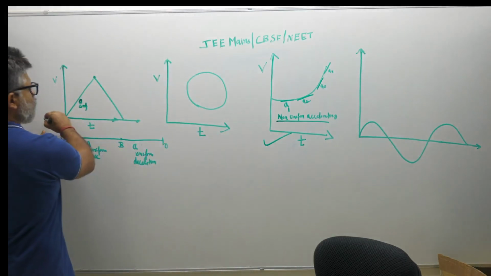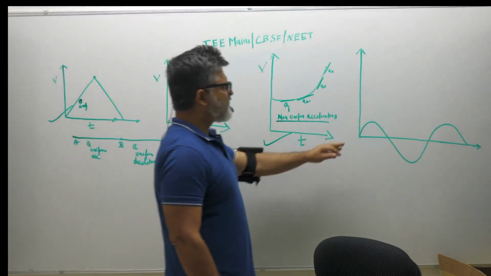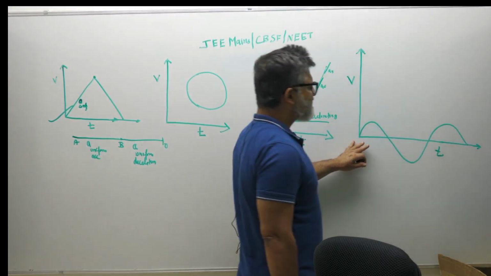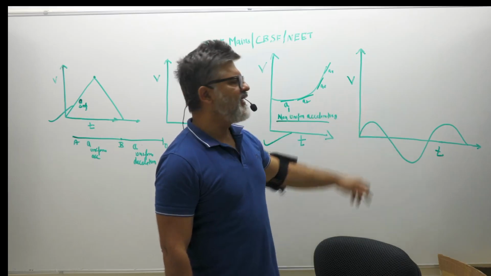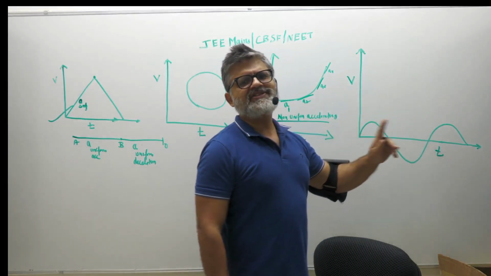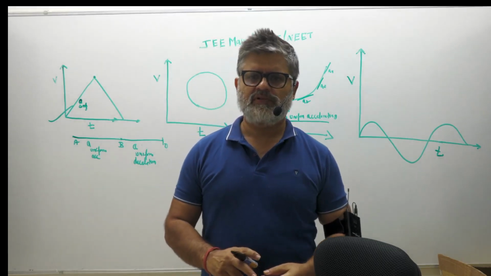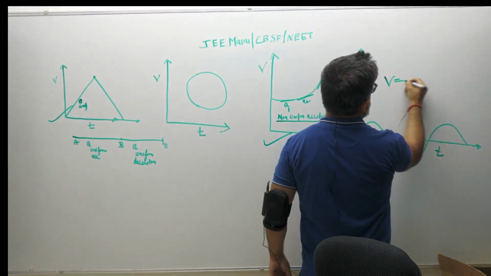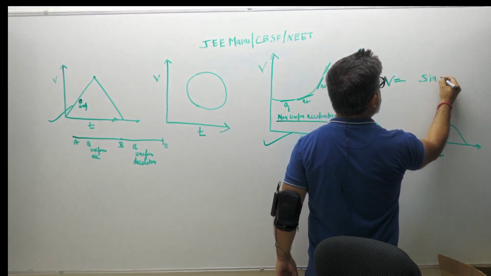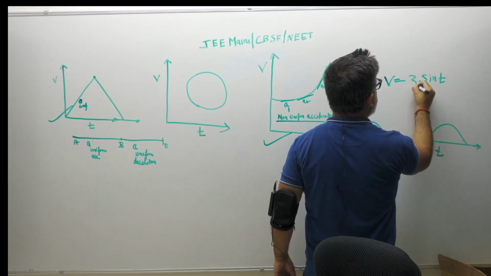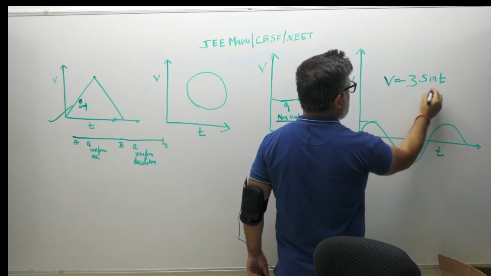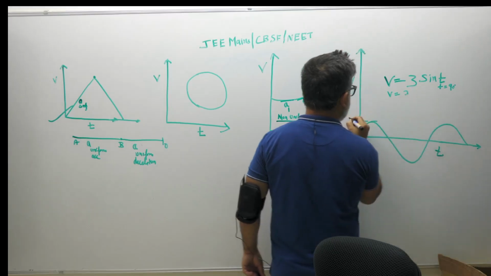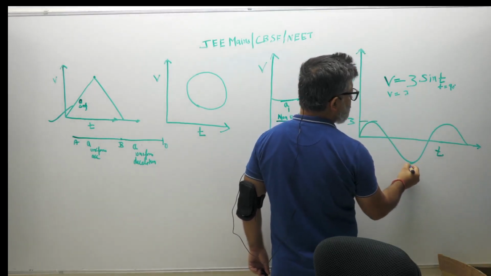And I find this also to be correct. Then I go to this figure, which is a VT graph. When I notice this, what I notice clearly is that the velocity and the time are related to each other with a sine graph. So velocity is a function of some sine graph, could be something like 3 sine t, because this is the magnitude, right? So at t equal to 90 degrees, I get a velocity of 3. And here I get a velocity of 9.